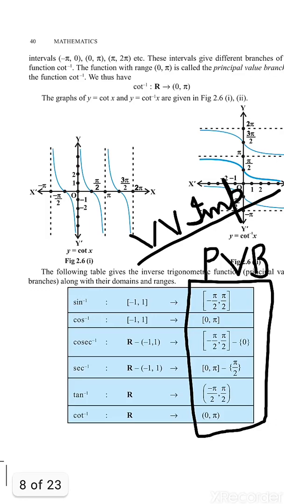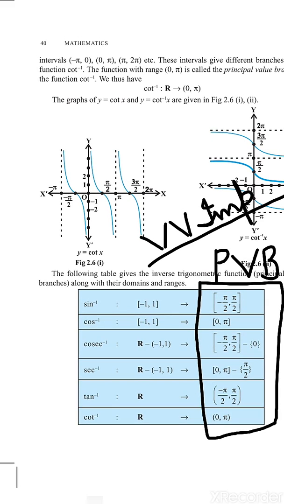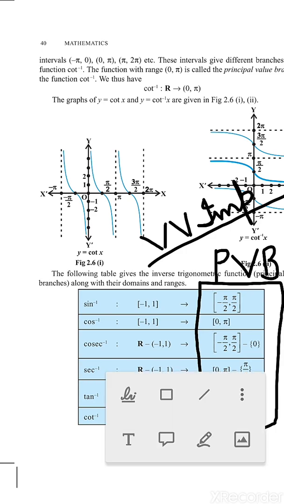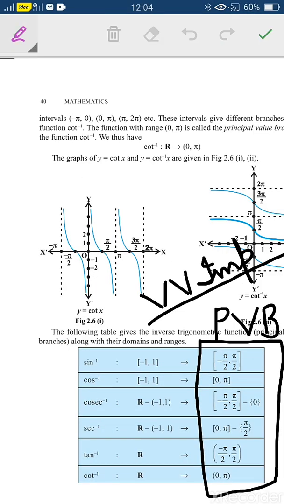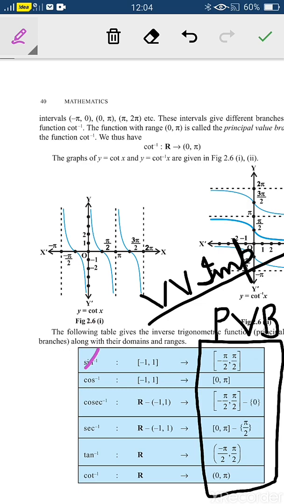Hello dear students. In the previous video we have done what is the principal value branch of inverse trigonometric functions. This was done in video 1 and we have done that sine inverse, cosecant inverse and tan inverse. These three functions are friends. They stay together, they live together, they work together. Right? So the sine inverse, cosecant inverse and tan inverse,